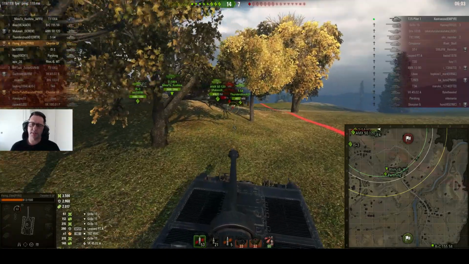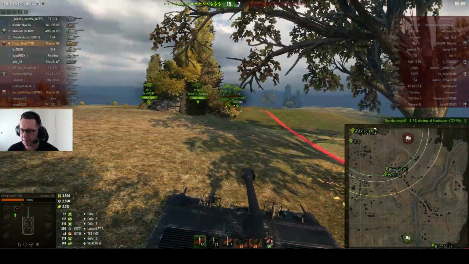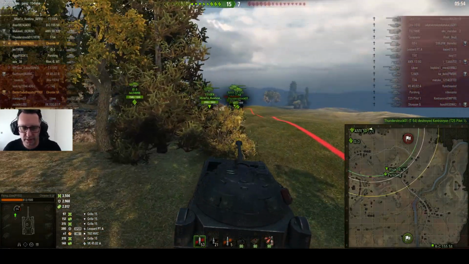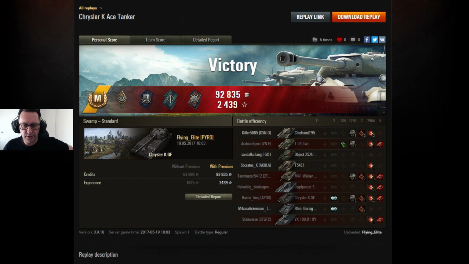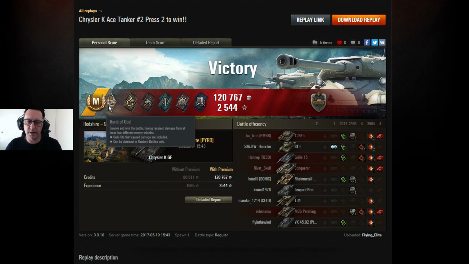And as usual, at the final stages of a game, it's just a race to see who can get the most damage on the last remaining tank. But unfortunately for the Flying Elite, it's not him. But he's certainly had a good game with over 3,500 damage done on the new tank, the new Chrysler Grand Final tank. He's picked himself up an Ace Tanker Mastery Badge, a Hand of God, Spotter for all that assisted damage,